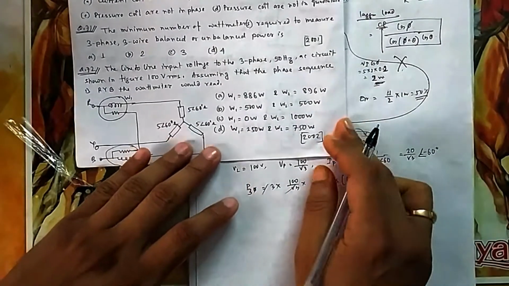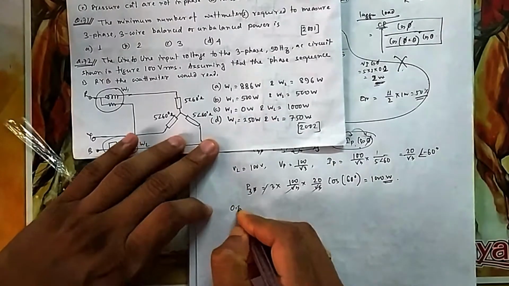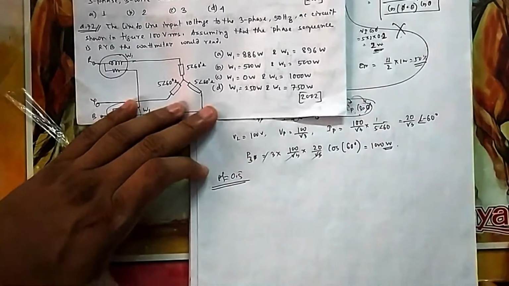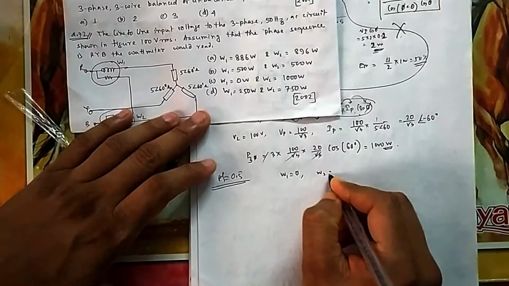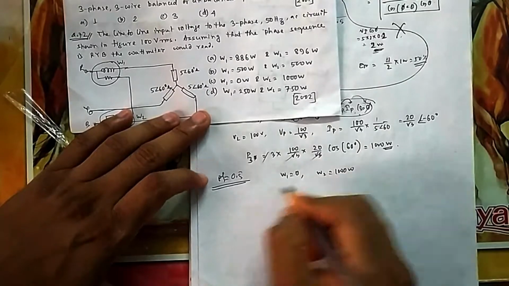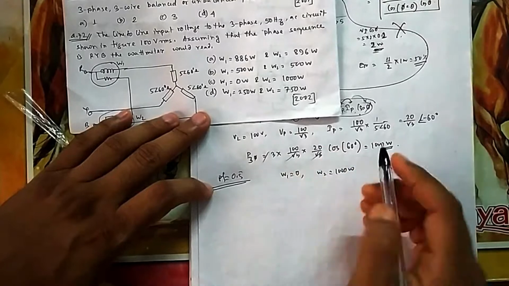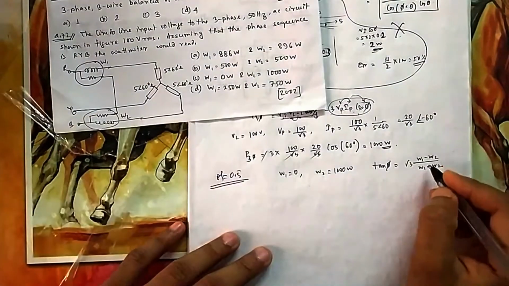Now you know that with these options there is a critical case for 0.5 power factor. If the power factor is 0.5, then 1 wattmeter will give you 0 and the other wattmeter will give you the full reading. If you go below that, then one wattmeter will start giving a negative reading. So that is your formula for tan phi. You know that tan phi formula? So tan phi is equal to root 3 times this one.